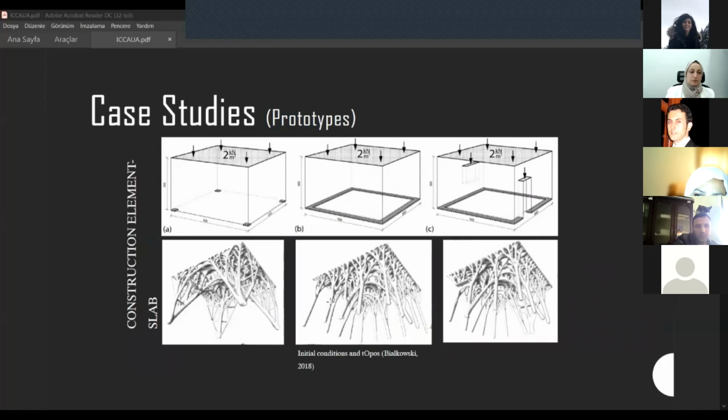On the other hand, a building element was examined again. The behavior of the slab under the load is examined by determining the point supported state of the floor in certain dimensions in the first case. All the walls touch the ground in the second case, and there are openings in the third case here.